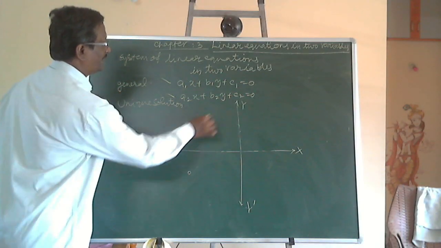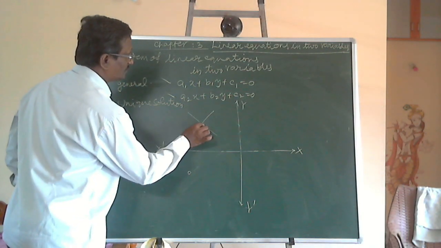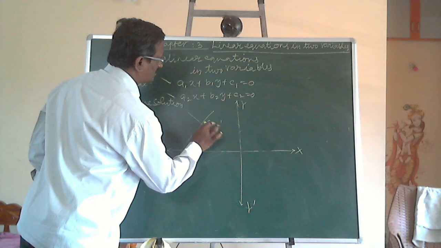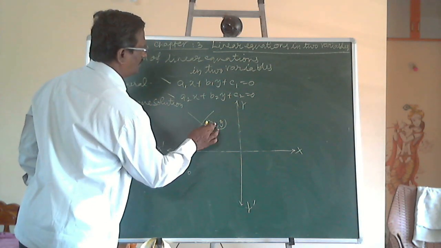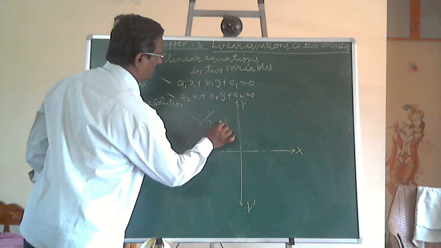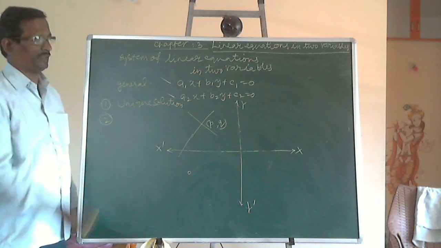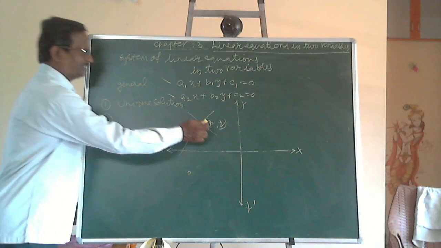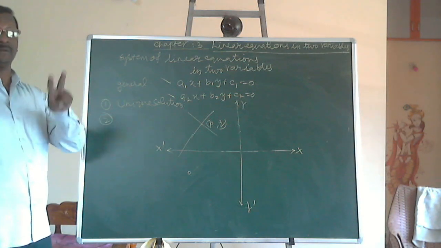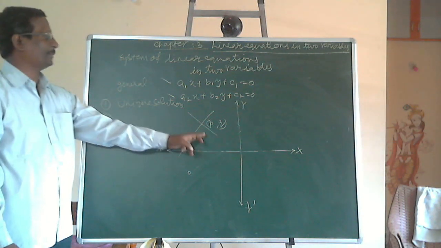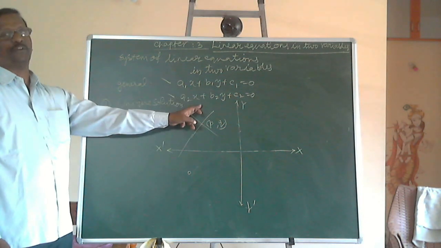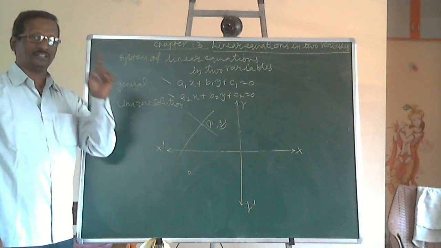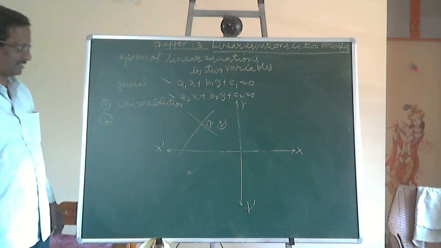here in case the two lines are intersecting, in the example, this is the common solution. The x coordinate is a, or say x coordinate is x and y coordinate is y, or some x coordinate is say p and y coordinate is q, or a comma b, any one you can have. This x coordinate is the x solution, y coordinate is the y solution, x value, y value together is the common solution for both the equations. It is the common point for both the straight lines and common solution for both the equations. The common solution for both the equations is called the solution of the system of equations.